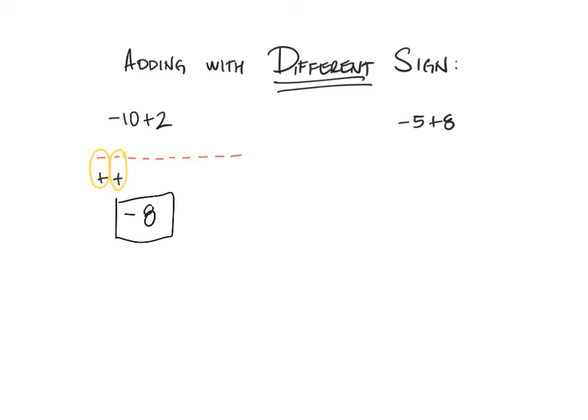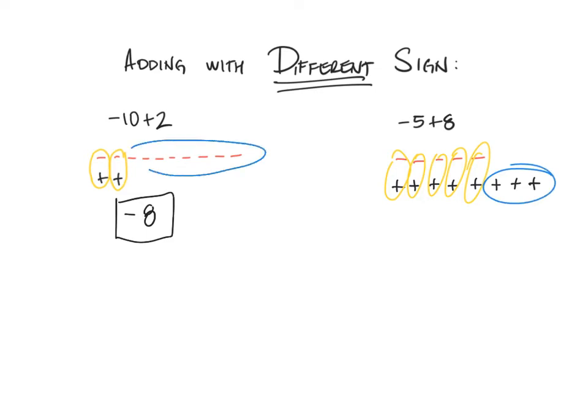Okay, let's do the next one. So negative 5 plus 8. So I will have 1, 2, 3, 4, 5 negatives, and then we'll have 1, 2, 3, 4, 5, 6, 7, 8 positives. So 5 of those negatives and positives are going to cancel each other out, and I'll be left with just these 3. Oh, I guess I forgot to circle these guys. These 3 positives here, and so that's going to be